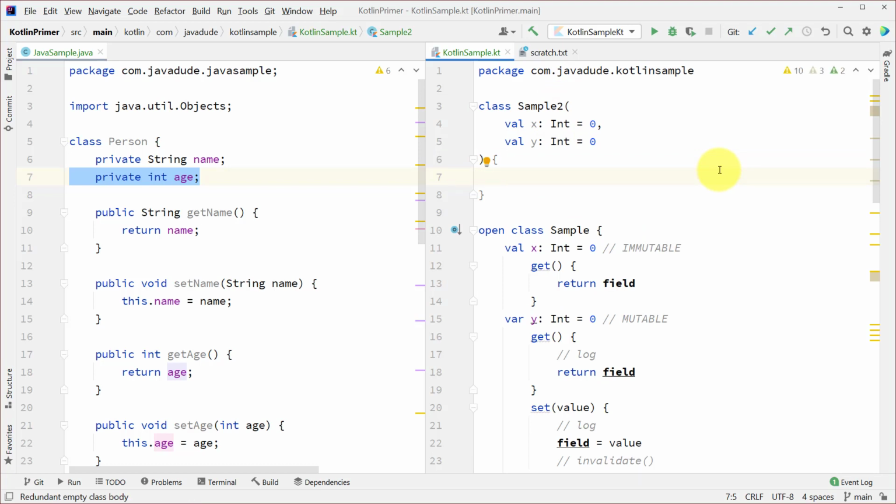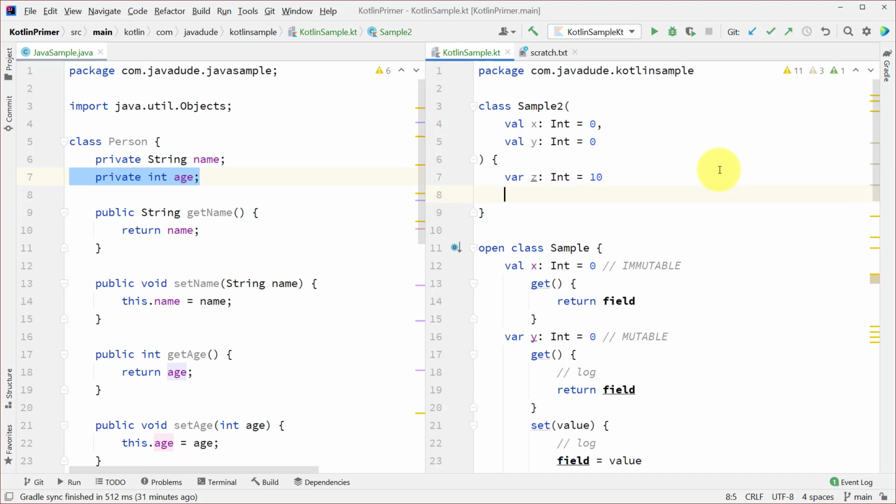We can go ahead and define a body for that. The body may have other properties that aren't part of the constructor. So I could have val z: Int equals 10. Let's make that a var. Why not? So somebody can change that. So it starts off at 10, and then the user could say whatever that sample is .z to set it